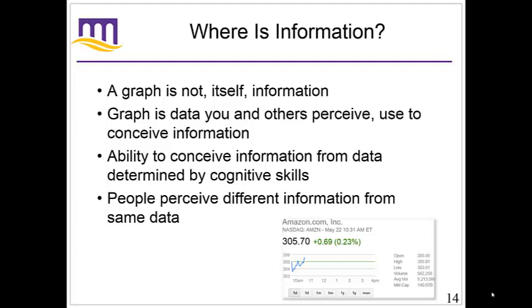So here's a graph of Amazon stock price, right? And I grabbed this morning, and it shows the current stock price of Amazon at 305.70. What does that mean? 305.70. Well, without putting it within a specific context, it doesn't mean anything, right? So is that number a big number? Well, yeah, 305 is kind of big, but does that mean you should buy Amazon? Does that mean you should sell? Does that mean the price is going up or down? Well, you have to look at the history. You have to look at all the other bits and pieces of information to see